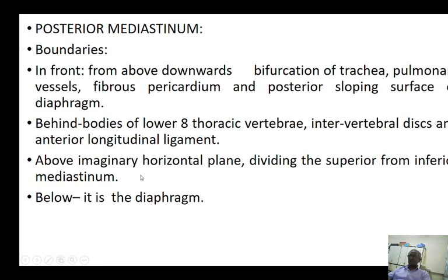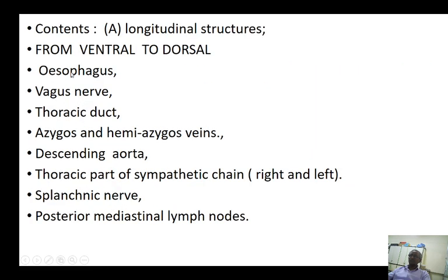Above is the imaginary horizontal plane that divides the superior from the inferior mediastinum, passing from the sternal angle to the lower border of the fourth thoracic vertebra. Then below it is the diaphragm. Structures, from ventral to dorsal: